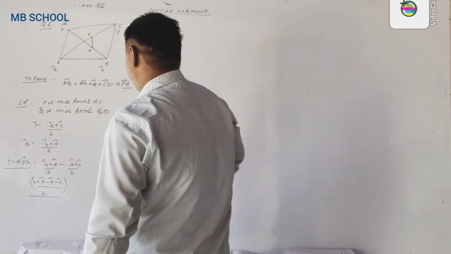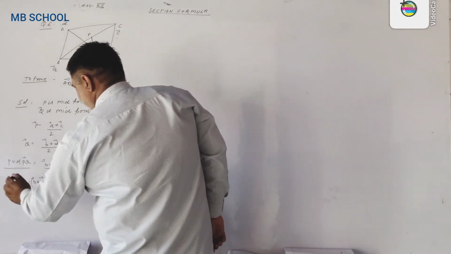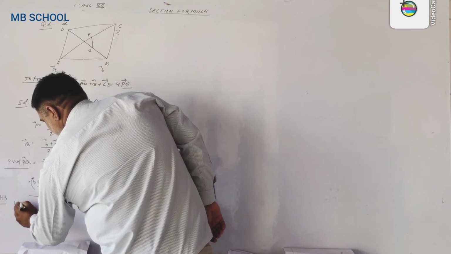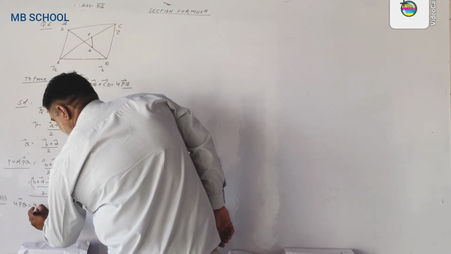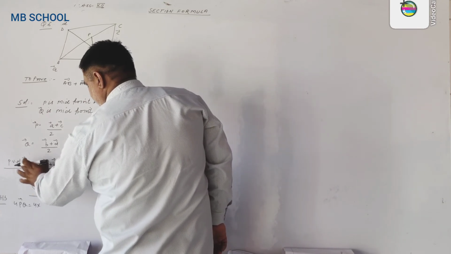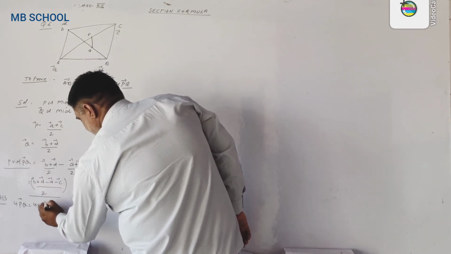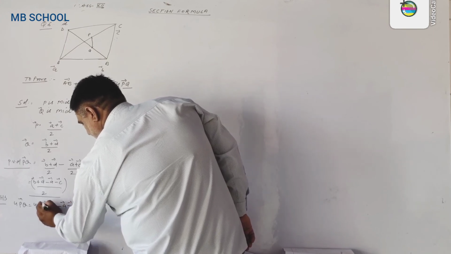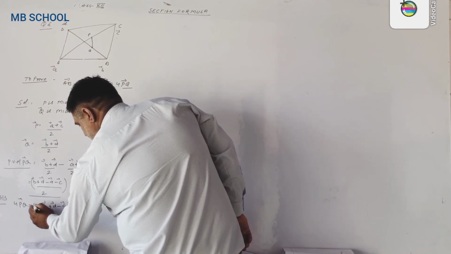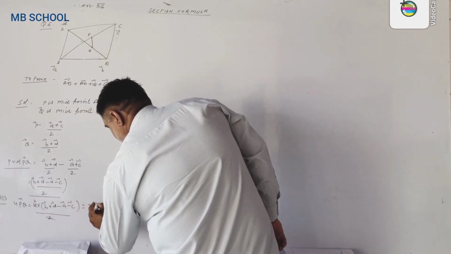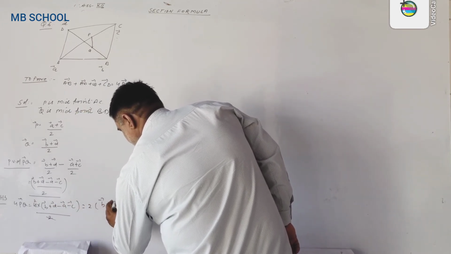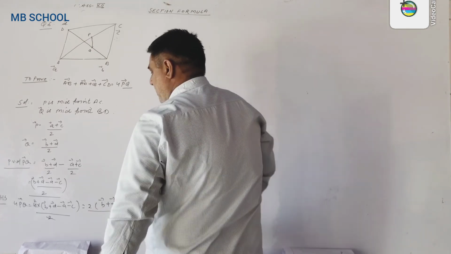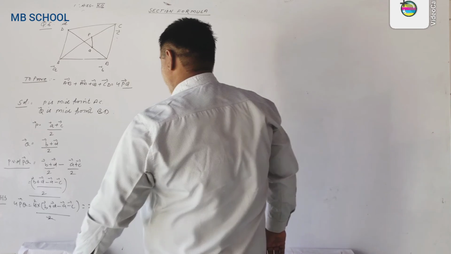Now we take the left hand side, and this is your right hand side. If we take the right hand side, we get 4PQ. It means 4 multiplied by PQ. Position vector of PQ means vector B plus D minus A minus C divided by 2. The 2 cancels, and we get 2 times (B plus D minus A minus C). This is the right hand side, 4PQ.